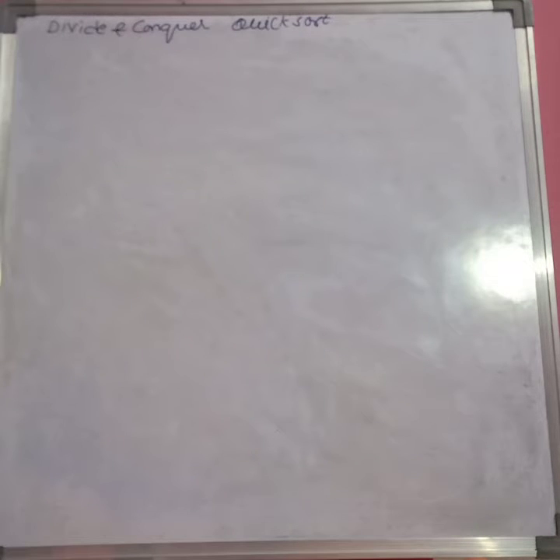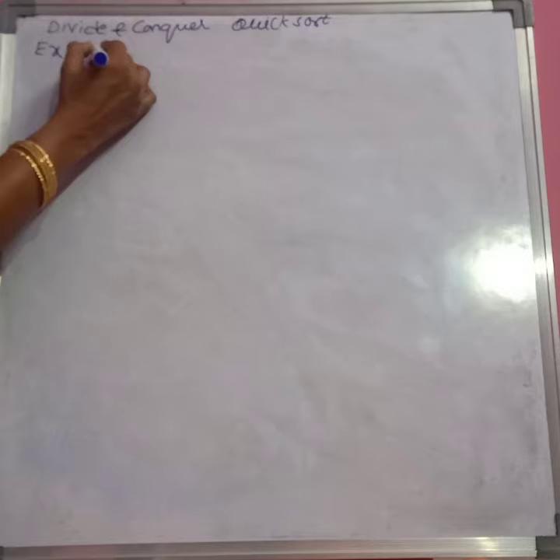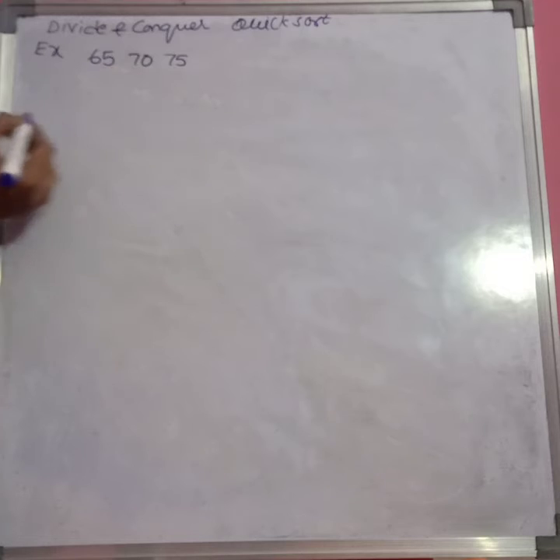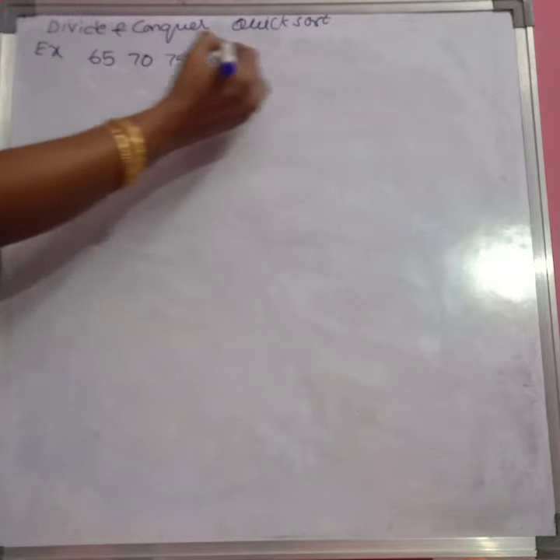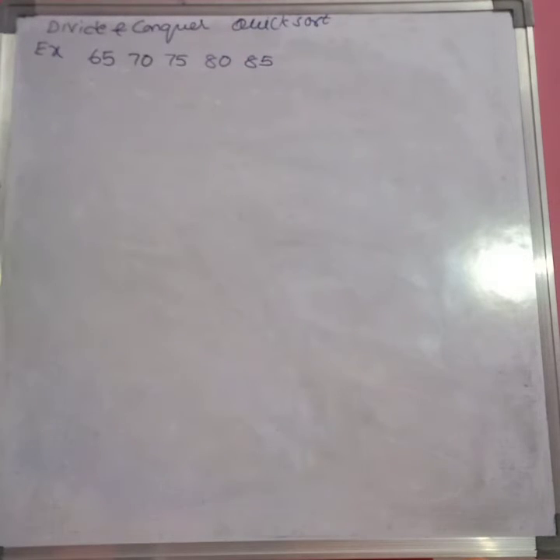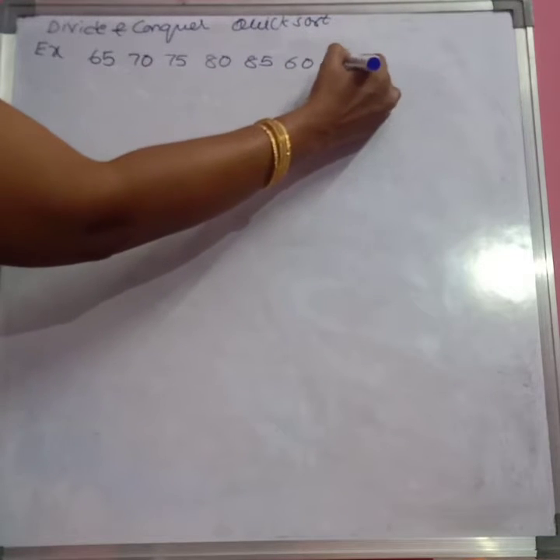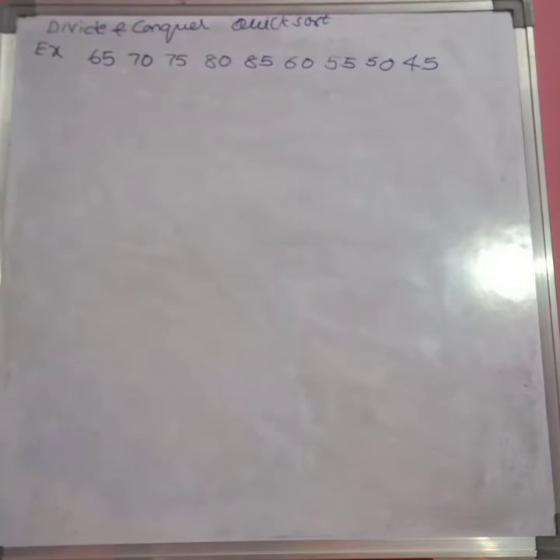To understand it better, I am taking one more example for this quicksort. These are the elements which are stored in an array, where we can apply the divide and conquer designing technique to sort these array elements by using the quicksort technique. So these are some of the elements which are already stored in the array, and we need to sort these elements using the divide and conquer approach and quicksort technique.